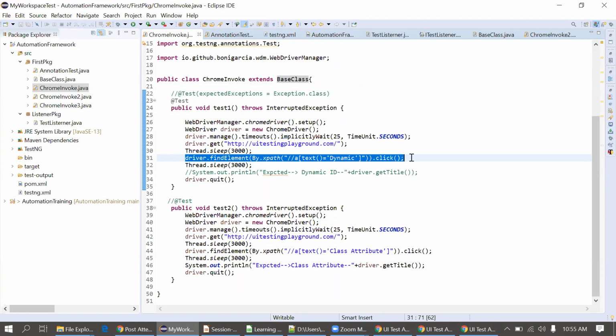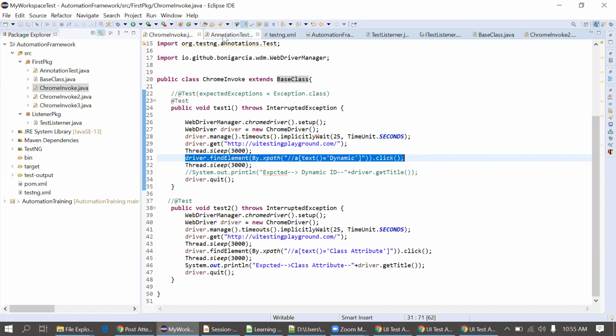Instead of that, we can use the listener. It has the capability that only if the test case fails, it will call that method. That's it. In this way, you can use this listener. Does it mean taking proof that it has failed? Yes, if the test case has failed, it will take a screenshot.